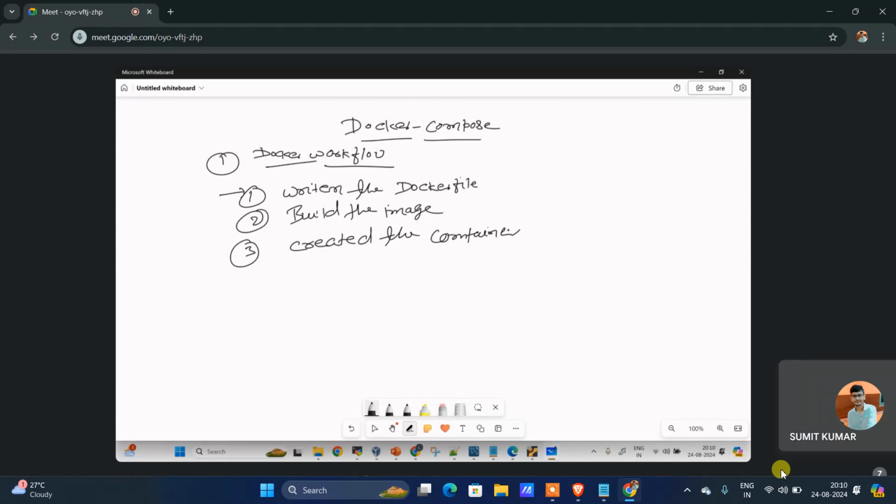Using this image, how did you create the container? With the help of the command docker run, right? With the help of docker run, you are able to create